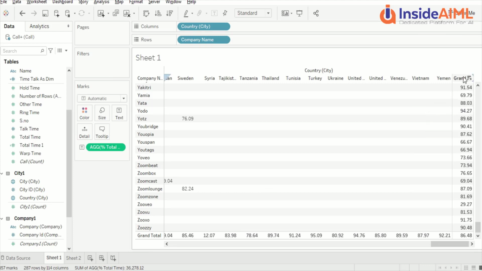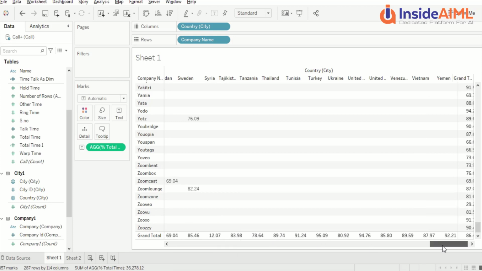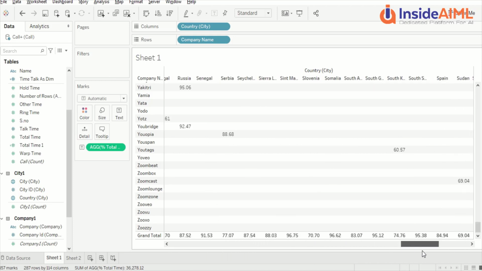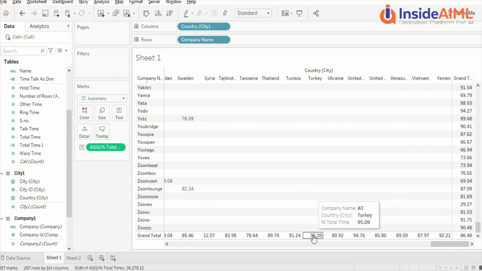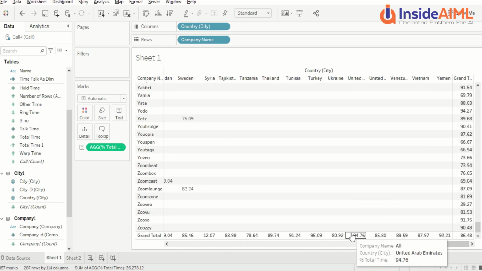Let's hide show me, and you see the column total also here. So this is what it was, the column total. This is your row totals and column totals, which you are seeing out here. So this is one total which is on the row, this is one total which is on the column. So these are what we wanted. Now let's clean it up a little bit.